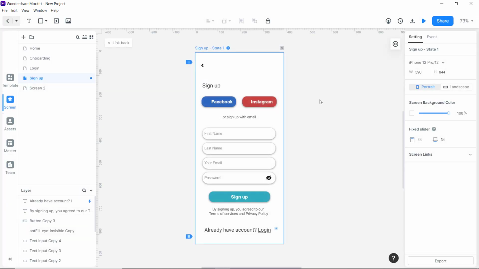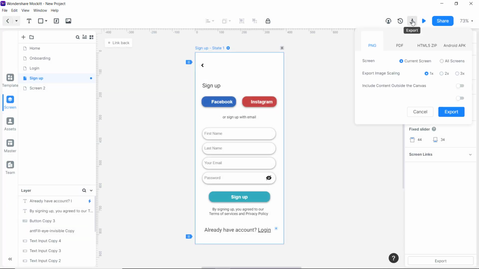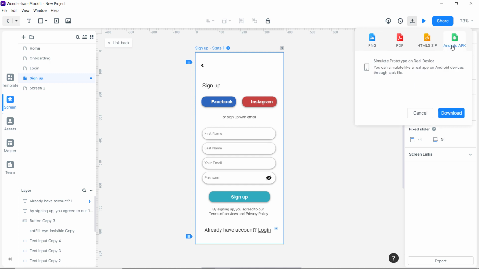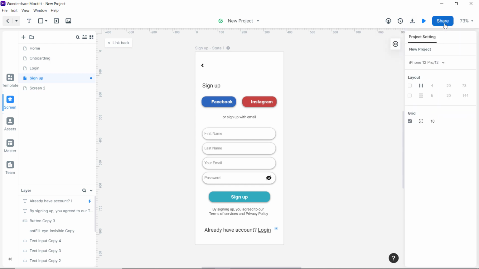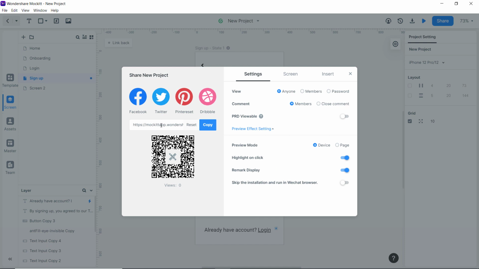Now let me show you how you can export your project. If you want to share the files, you can simply download them, or if you want to export the Android application itself, you can do that as well. And if you want to share your idea with others, maybe your boss, your friends, you can copy the link directly, select the pages you want to share and done. Others can see your mockup and give feedback on them, and now you can include this design into your website with the help of iframe to showcase your work in your portfolio.